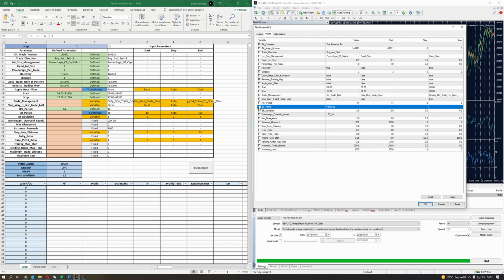And here we have the Bollinger Band periods. Okay, we can go from 10 to 100, perfect. Bollinger Band deviations 2. So here we're going from 1 with a step of 1 up to 3, like here it said. Overbought, oversold at this level, perfect. Minimum divergence to 0 to start. Extreme research to 1000, perfect. Stop loss distance to